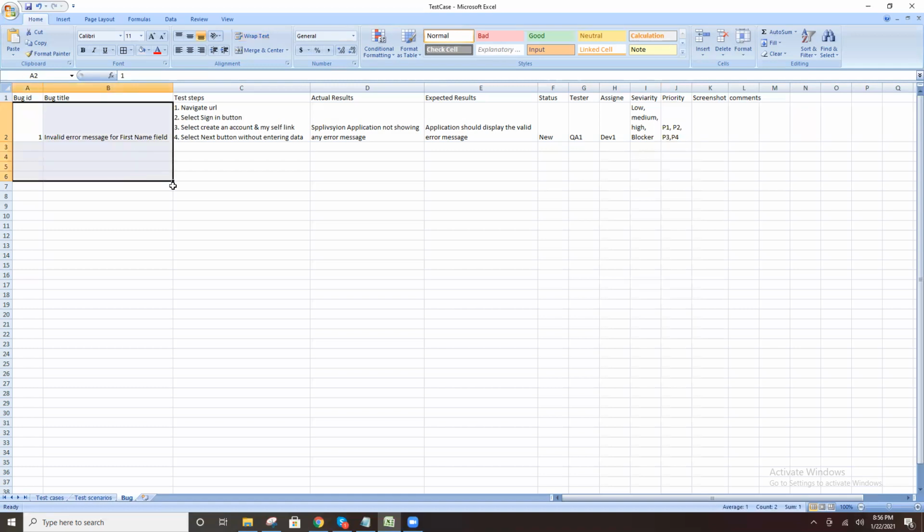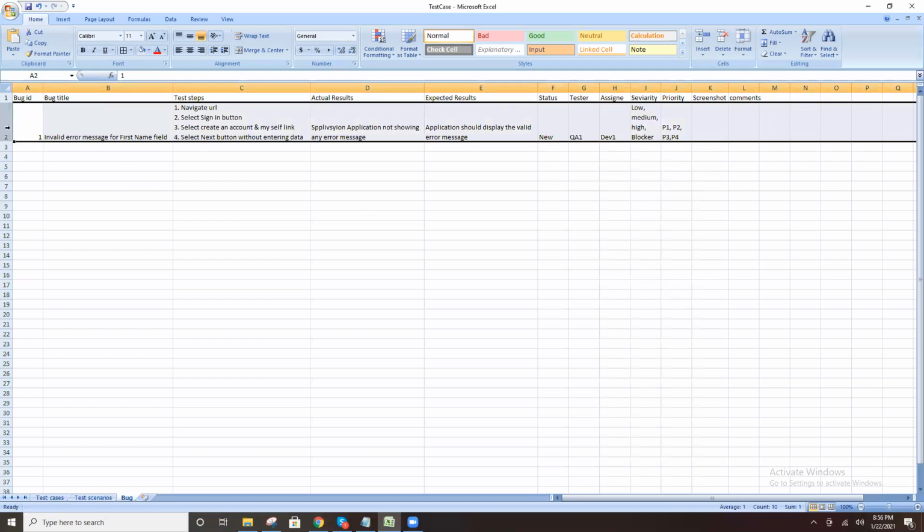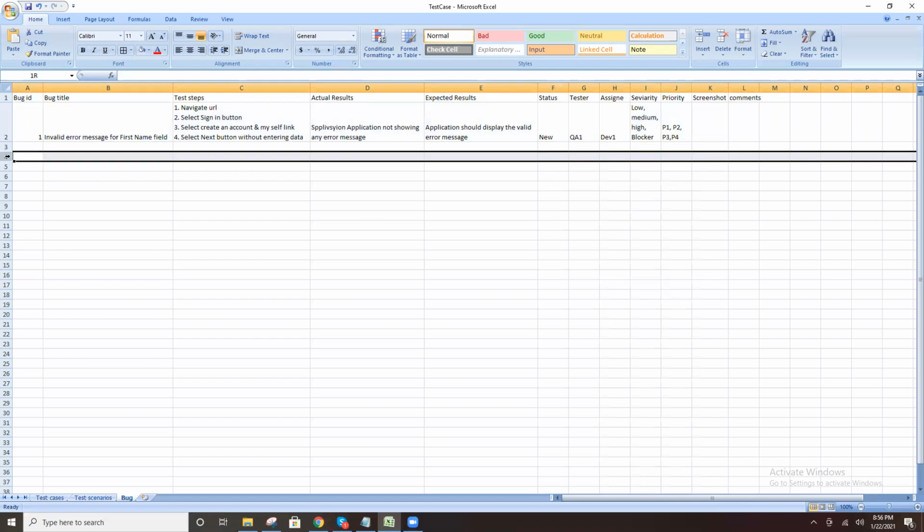The developer sets priority: this is P1, this is P2, this is P3, this is P4. Based on the priority, they fix the bugs. For example, once this issue is fixed, these two issues are automatically fixed. You got it, right?